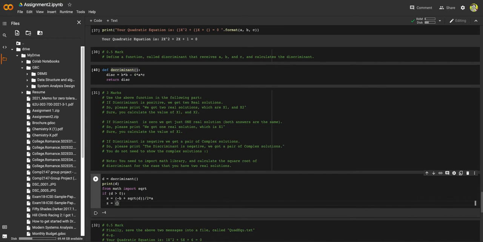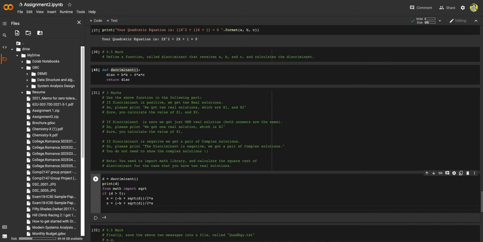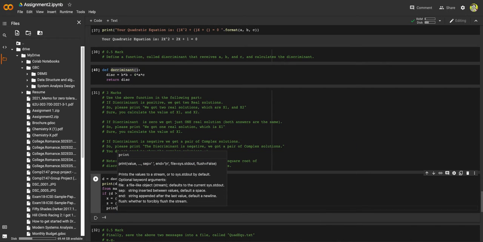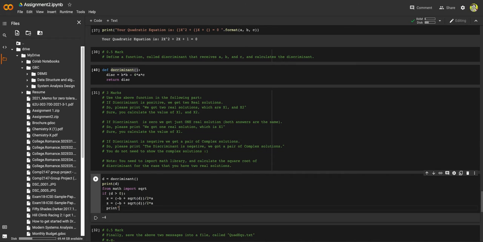Now for the second term, minus b minus sqrt, over 2a. Now we have to just print this. Okay. Two real solutions, which are